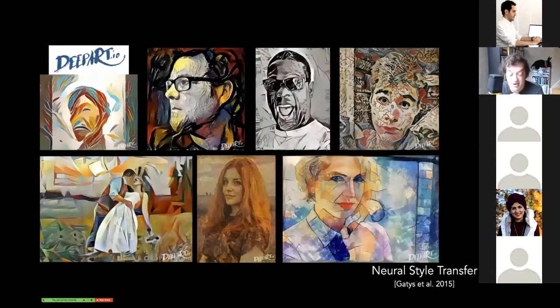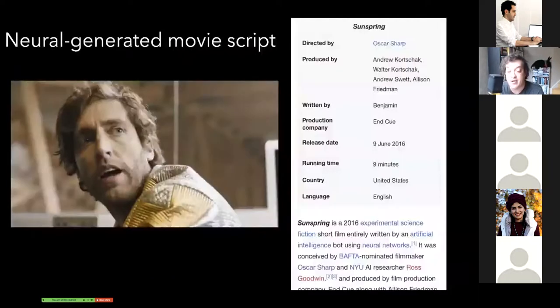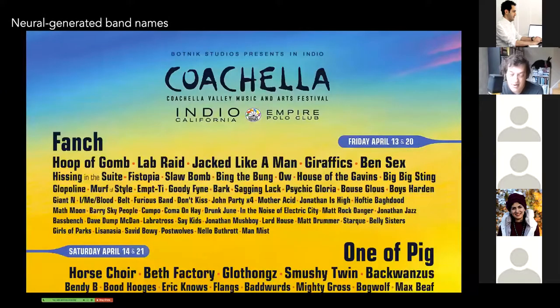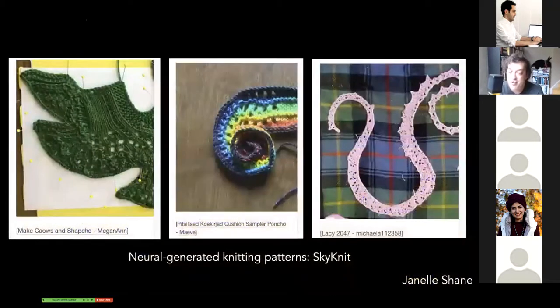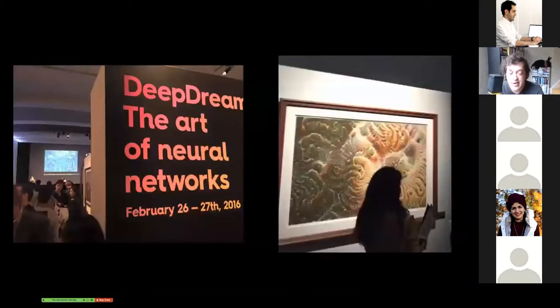And then people just started to explore all these other different ways to make things with AI and machine learning algorithms, such as neural network generated movie scripts and neural network generated band names, neural network generated knitting patterns. And so then there's this range of these fun applications. And then artists started to really explore these ideas. So this is the first gallery show exhibition I started to see using, in this case, deep dreams and style